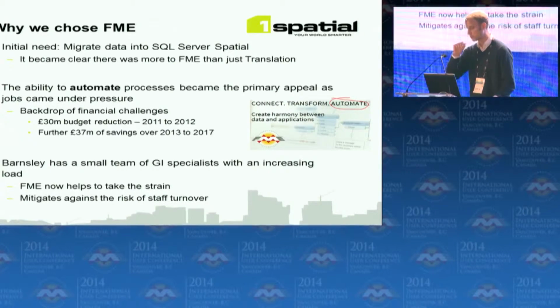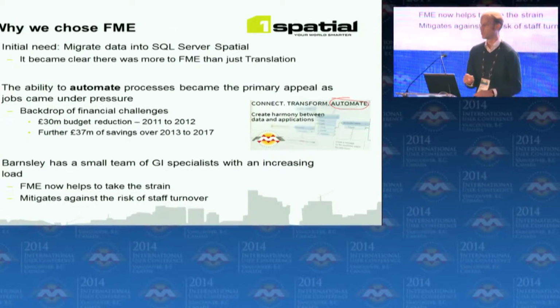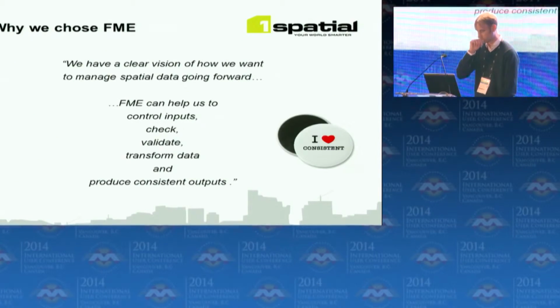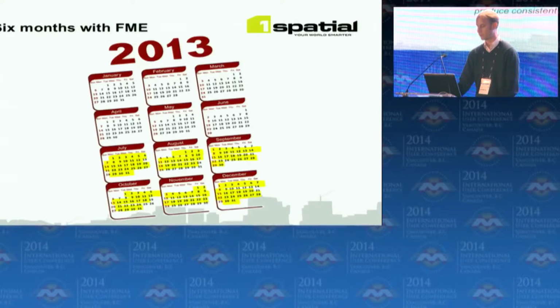The sad fact was that during our engagement with them at the very early part, they went from a team of 4 to a team of 1. So the capability of automation was really pertinent here. Riley had to do a lot of the tasks that his colleagues had done, many of which weren't automated, and they needed to be automated. He had a very focused idea of what FME was going to do for them. It's going to control their input data, carry out checks and validations, and, most importantly, produce consistent results. It needed to do the same thing every day and every week.